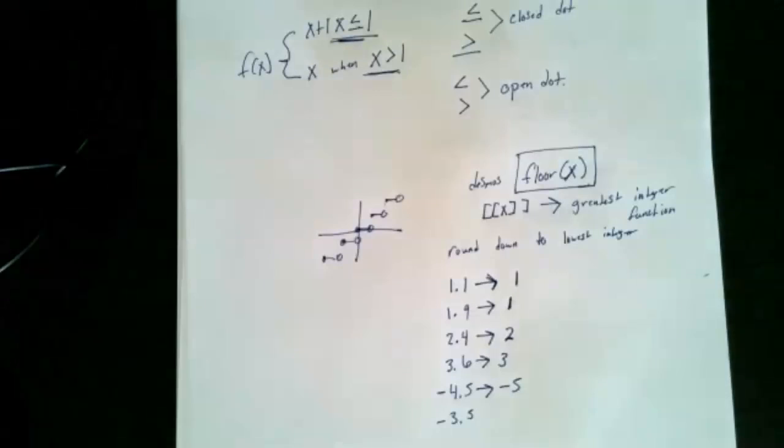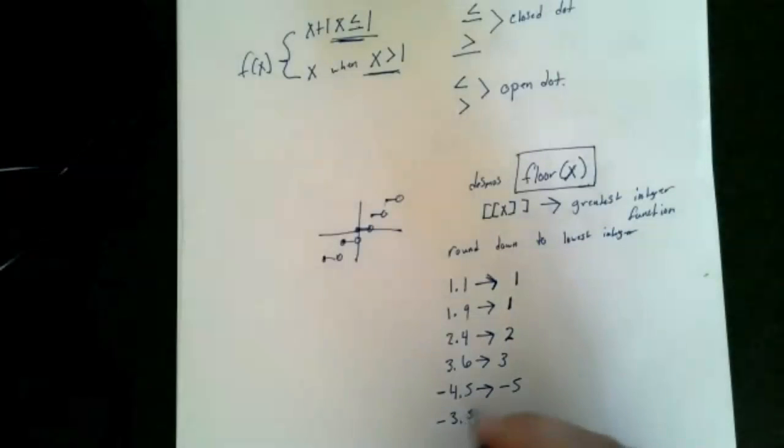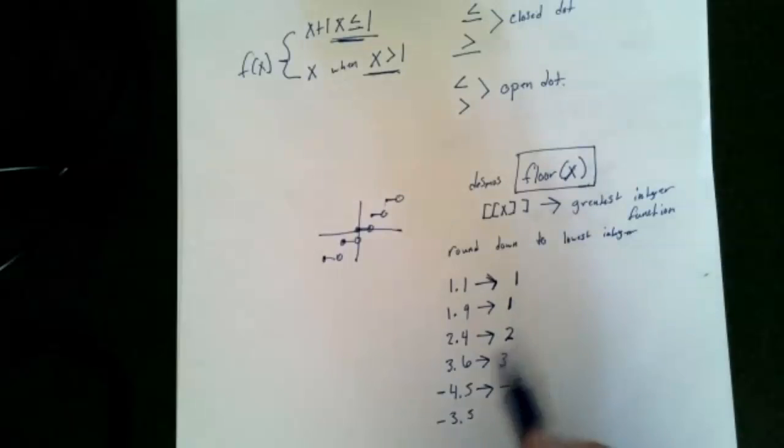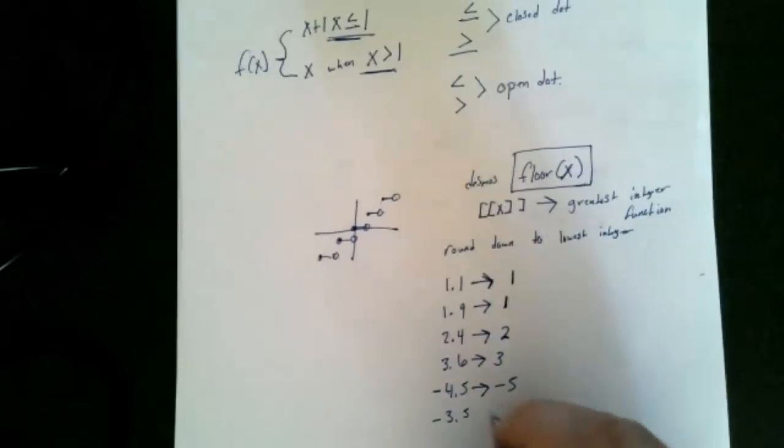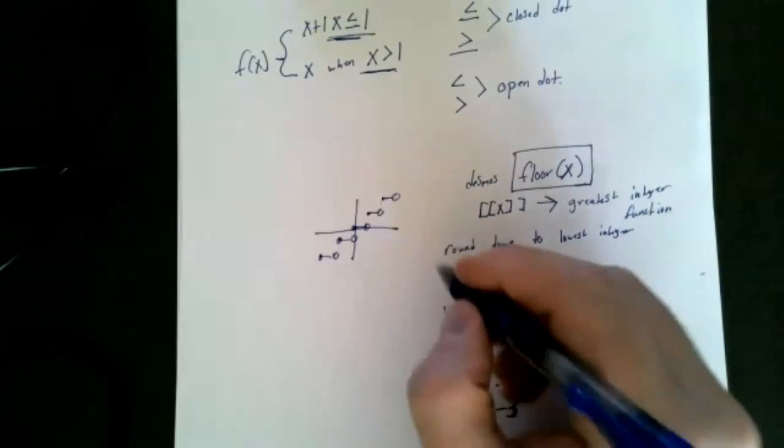Okay, the key is we're rounding down. So the negatives make it a little tricky because conventional wisdom would say, oh, I'm just going to round this to a negative 4. But understand negative 4 is greater than a negative 4.5. So we have to round down to a negative 5. Negative 3.5 gets rounded down to a negative 3. Okay, this is at the center